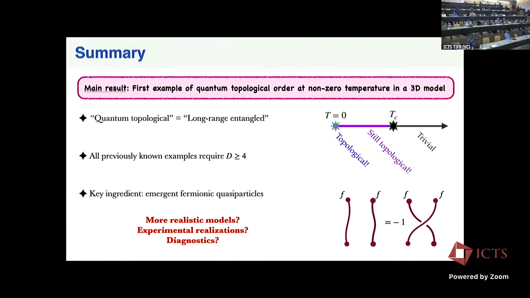So the key ingredient seems to be that the point-like excitations are fermionic. That's right. And somehow this is not possible in 2D. Well, no. Again, it's a combination of two things. It's the fact that the excitations are fermionic, but it's also the fact that the other excitations were loops that was important. When you think in terms of symmetries, this symmetry is destroyed when you go to finite temperature, and the question is, can you locally restore it? And whether you can locally restore it or not has to do with the fact that the other excitations have not proliferated.